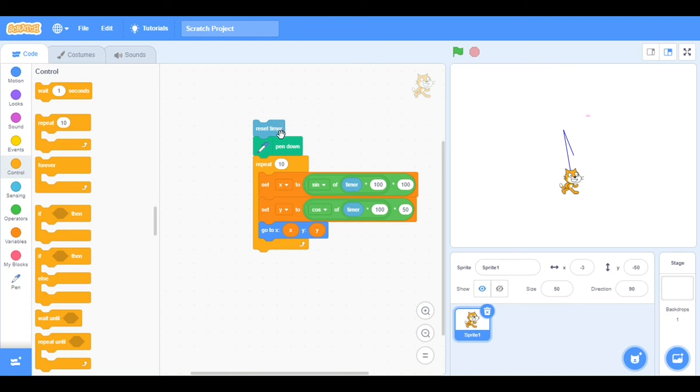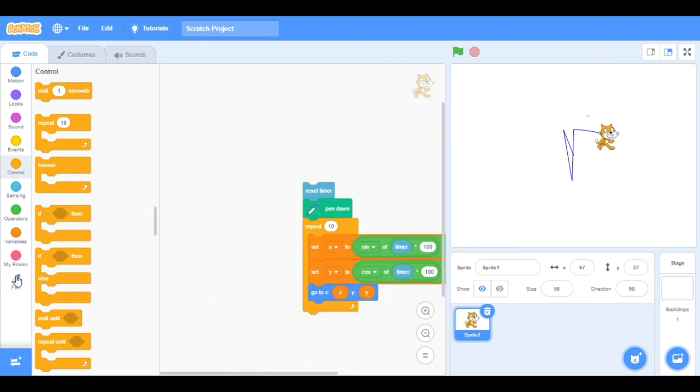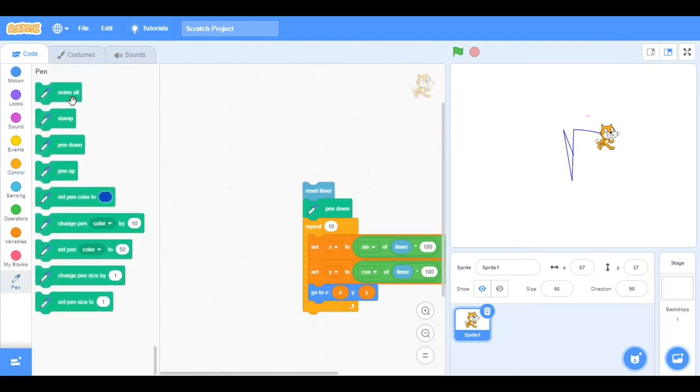Let's see what will happen now. There is so much earlier drawing, so I am using the erase block. So I'm taking erase all and keeping it in the beginning.